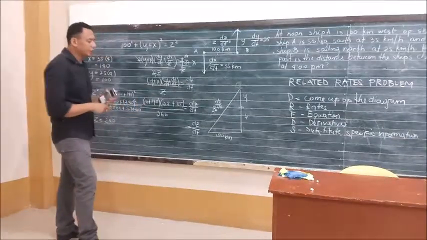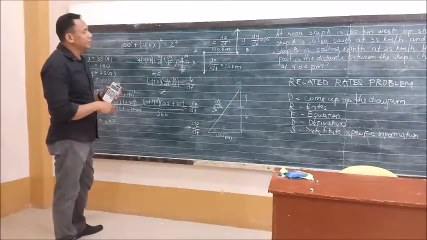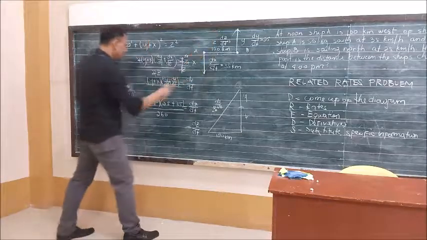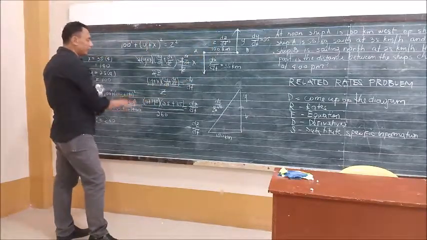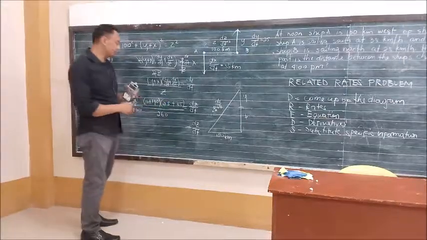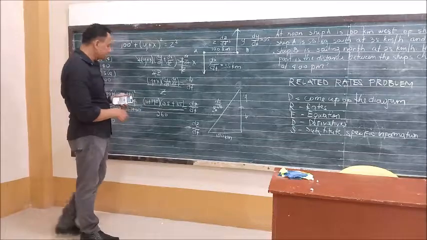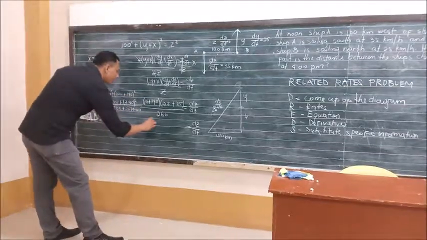So we can solve now the dz/dt, which is the changing of the distance of this diagonal. So that is 100 plus 140, that is 240. 25 plus 35, that is 60. So 240 times 60 is 14,400